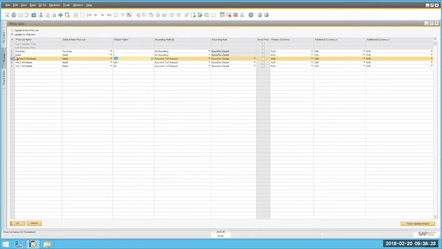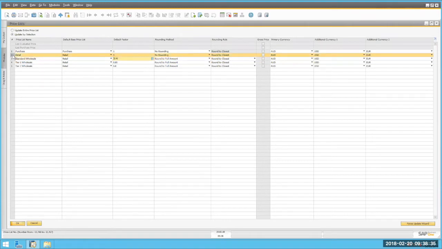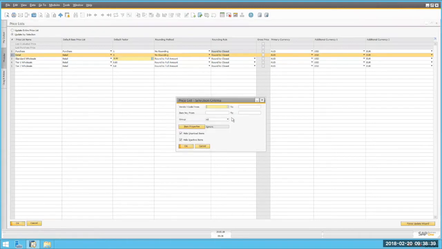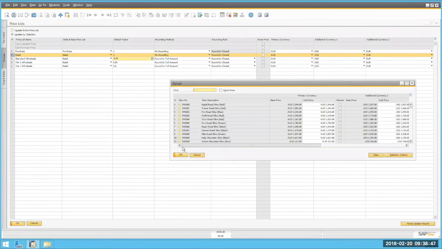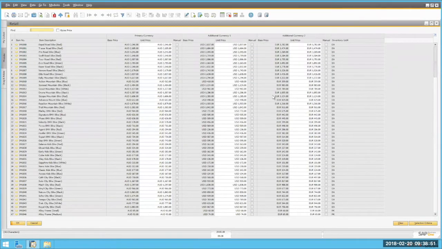So those are the titles, but then in order to populate the content of these price lists, I can double click on the price list I want to modify. I have selection criteria to filter the products and items that I'd like to modify or review. I can then go OK, and then I get this structure here. So I have all the items available on the left-hand side based on that selection criteria, and then I have all the pricing and the different currencies. The first column under primary currency has the AUD values, then the USD, and the Euro values. So we can have up to 3 currencies in a price list, and then you can update this price list either via an Excel spreadsheet import, or there are other tools available within the system